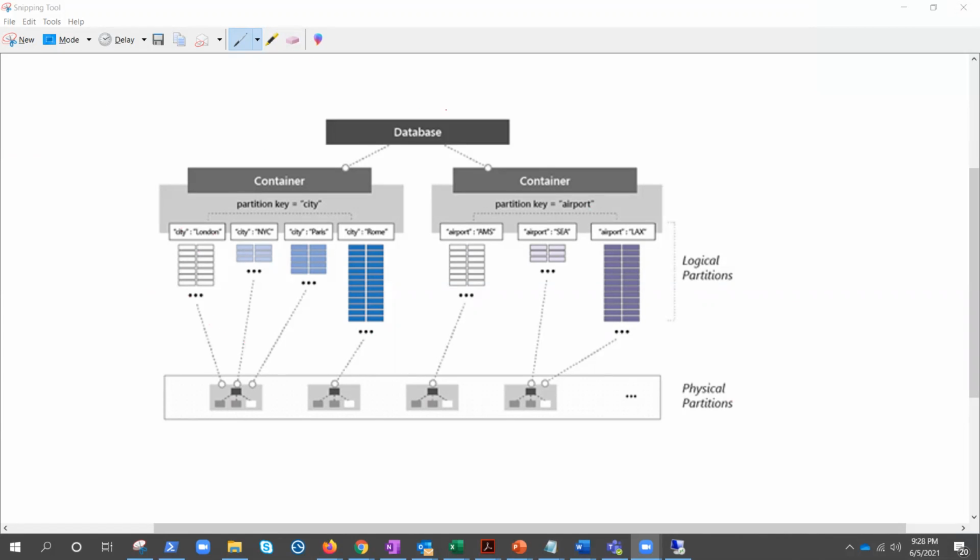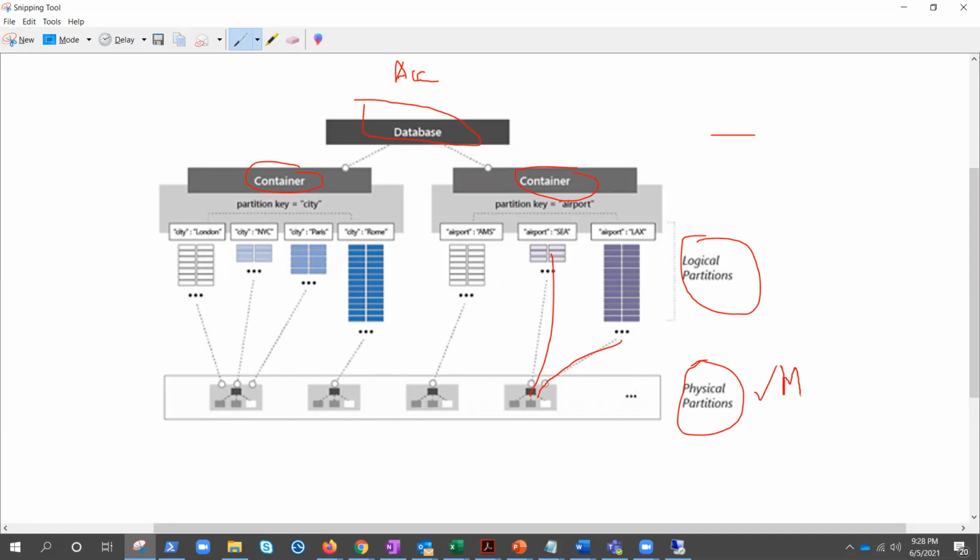If you see at the top, we have the database that we have already talked about in the previous video. That's the top level, and above it there is the account that we have also seen. Under the database we have containers right here. There are two containers. And if you see at the bottom, there is a logical partition, and these logical partitions are connected to the physical partition, and these physical partitions are actually VMs, the virtual machines, or the compute power which is needed